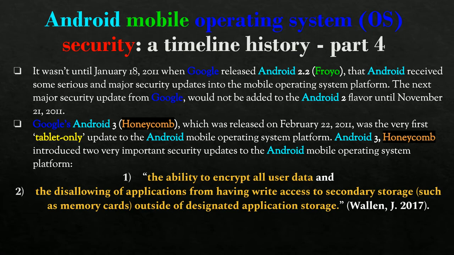So Honeycomb introduced the ability to encrypt all user data and disallowed applications from having write access to secondary storage, such as memory cards, outside of designated application storage.